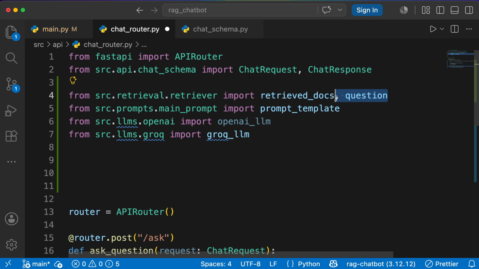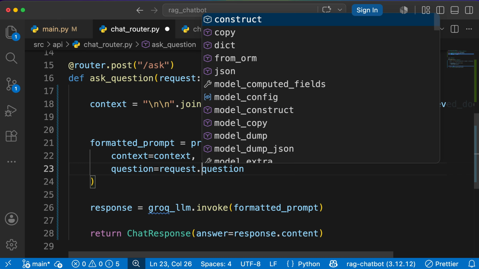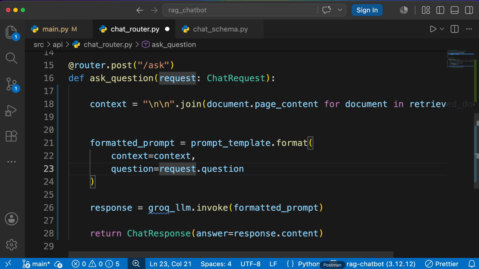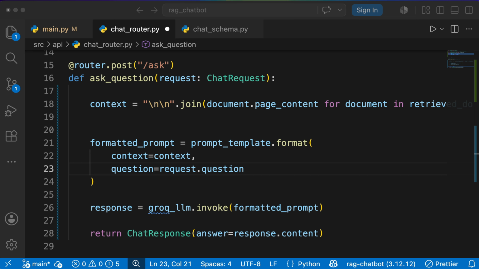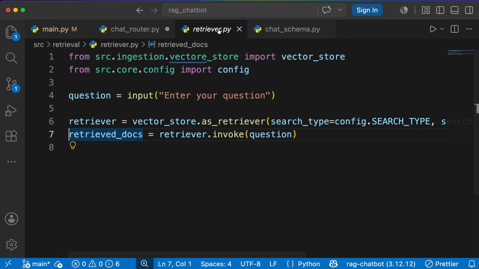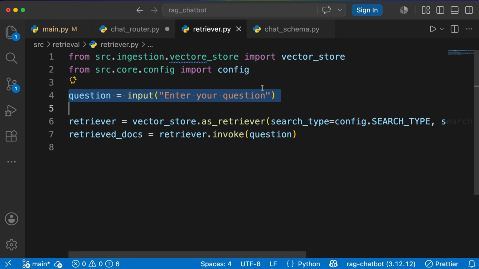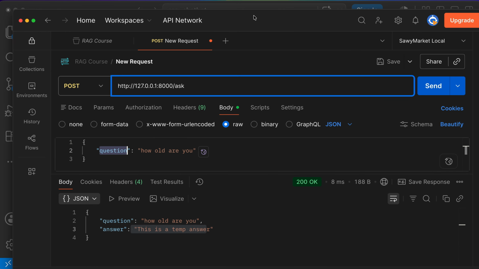So let's remove this question import, and down here the question that we will provide to the context, we're going to get it from our body, from the request. So what we type here, this question, we're going to send it to the LLM. Instead of what we typed in the terminal with this input, remember this input here, we're not going to use it anymore. So let's remove it,